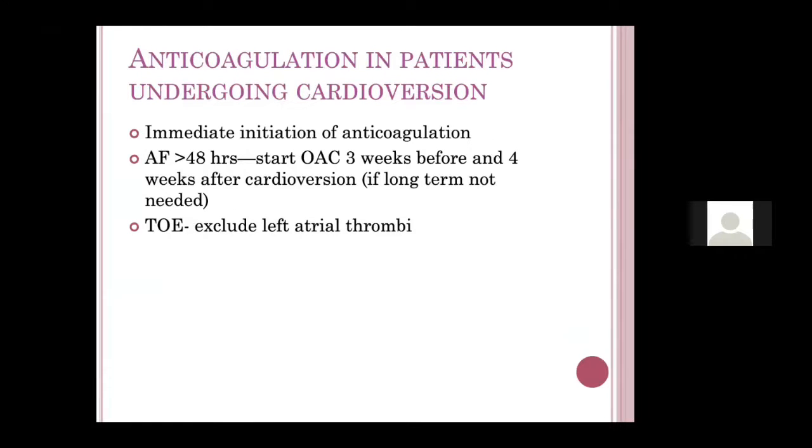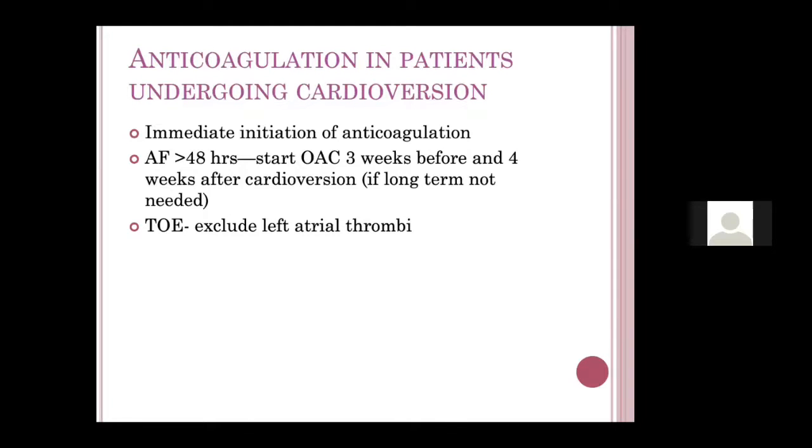Now many of you will be asking, I have a patient with AF, can I cardiovert? What if the patient is having a rate of 200? Any sick patient in ICU, AF with 200 rate on noradrenaline, that is the one point where you do not have to see whether you have anticoagulated or not. Those are not the group where you should think. You should just cardiovert, because the benefit is more than the risk.